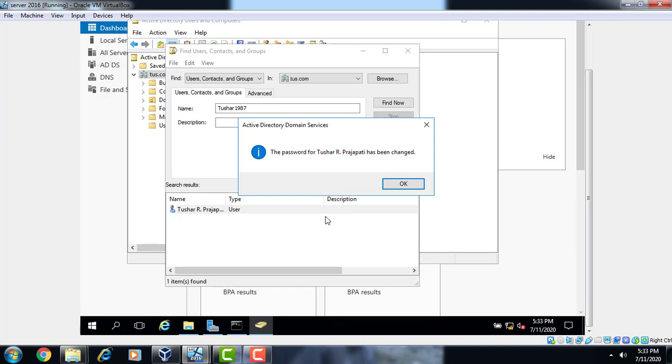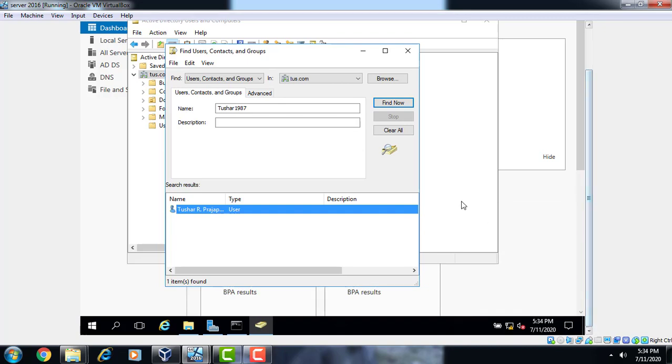You can see that the password has been changed because the password policy has been changed: there is no character limit and no complexity. If we hadn't removed those settings from group policy, then it would show an error.